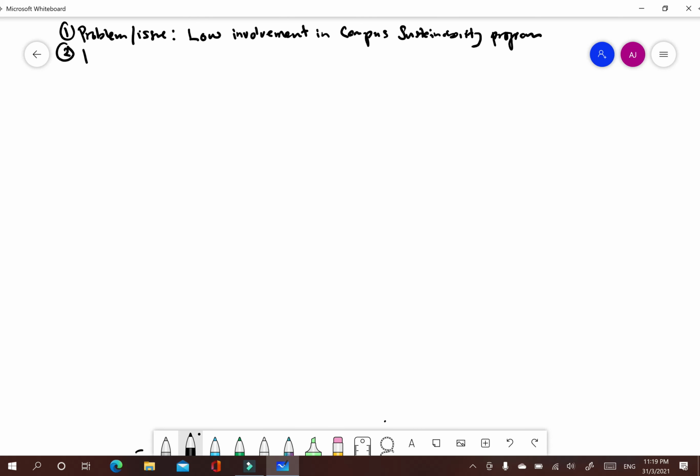pose what we call a research question. So in the very beginning, we put it in general research questions.